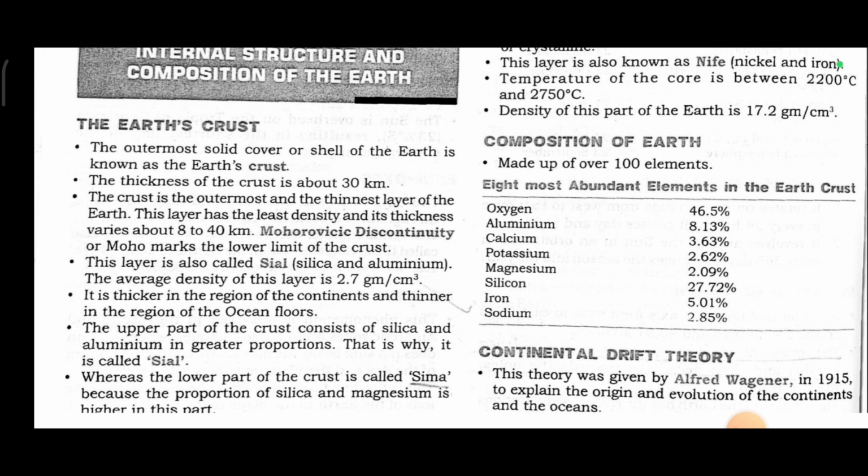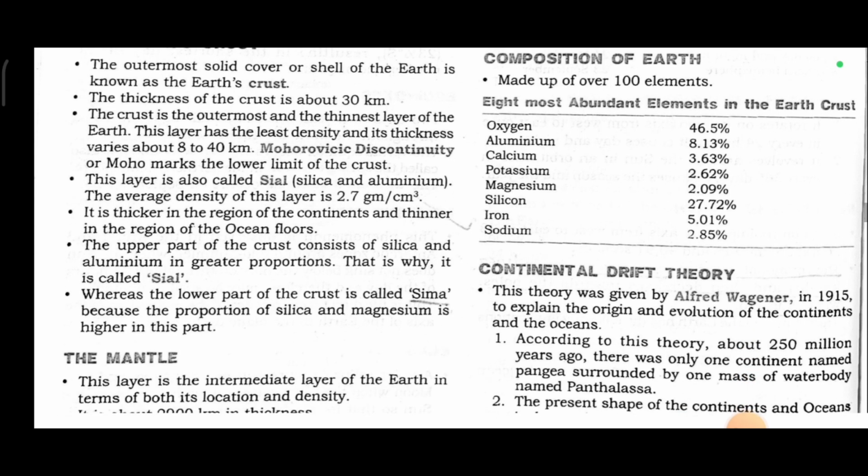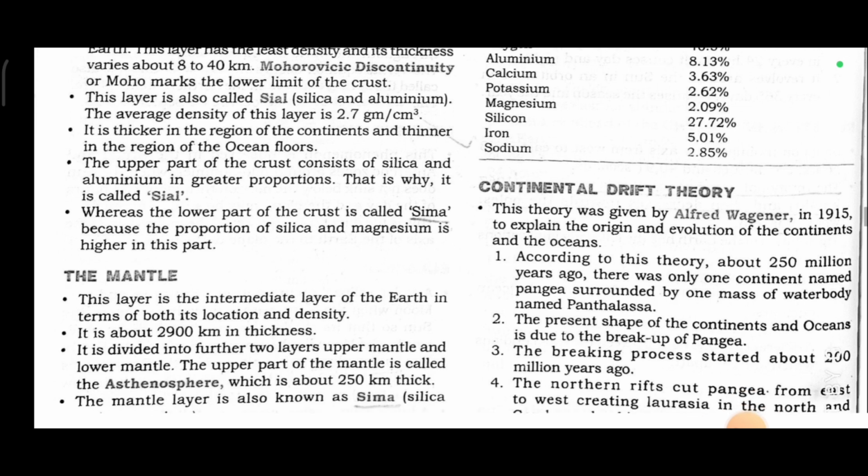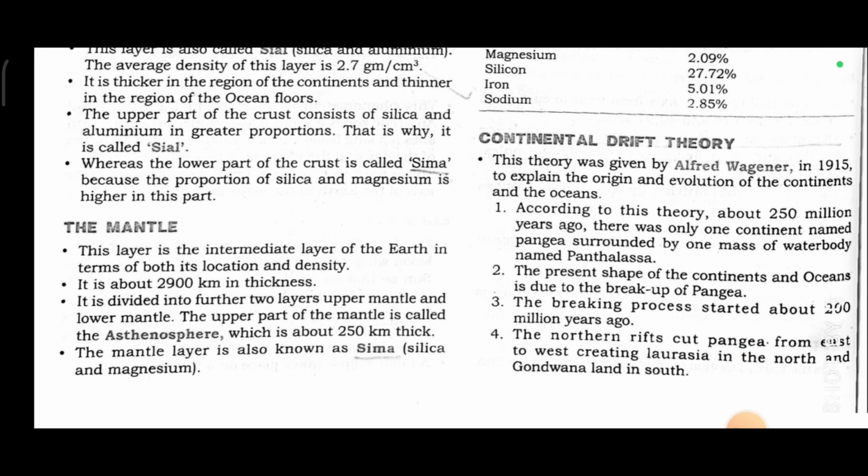This layer is also called SIAL, silica and aluminum. The average density of this layer is 2.7 gram per cubic centimeter. It is thicker in the region of the continents and thinner in the region of the ocean floors. The upper part of the crust consists of silica and aluminum in greater proportions, that is why it is called SIAL. Whereas the lower part of the crust is called SIMA because the proportion of silica and magnesium is higher in